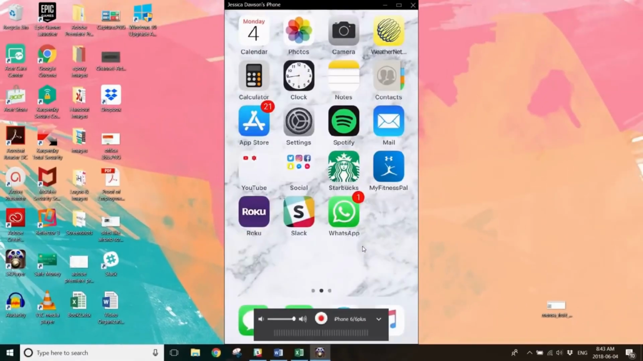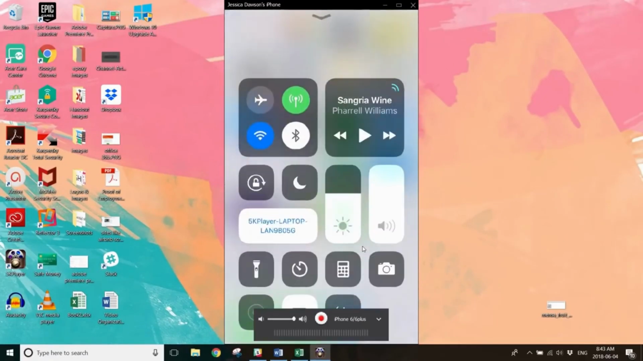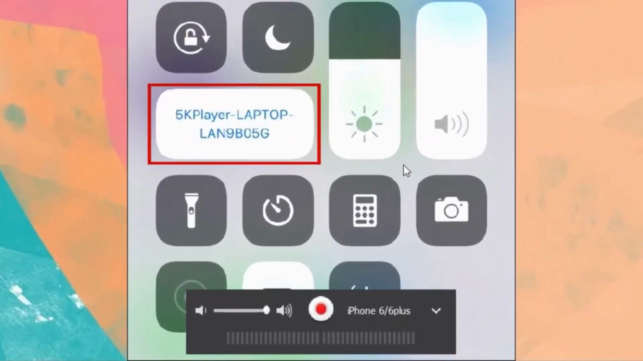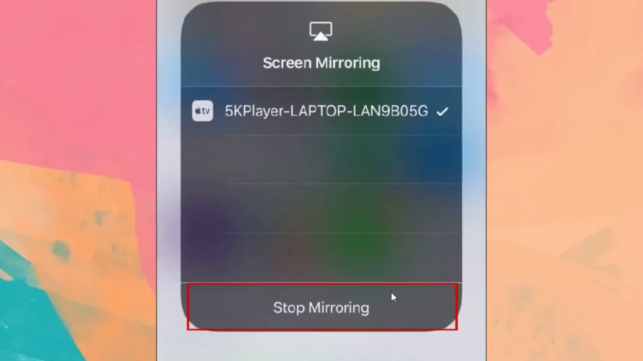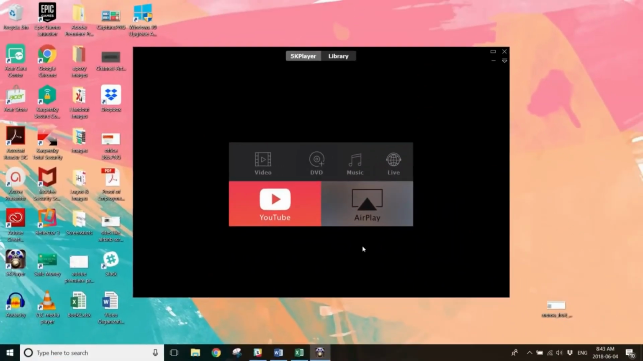When you want to stop screen mirroring, swipe upwards from the bottom of your iPhone screen again. Tap the name of your PC on the left. Then tap Stop Mirroring. That's all it takes to screen mirror your iPhone to a